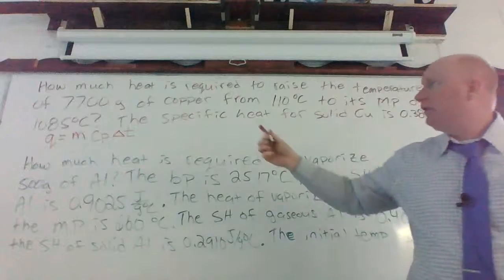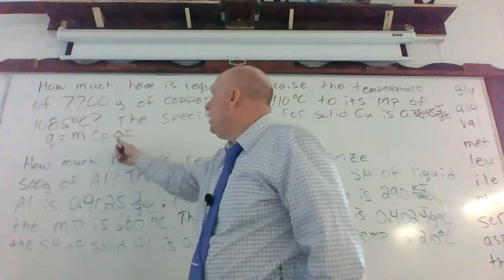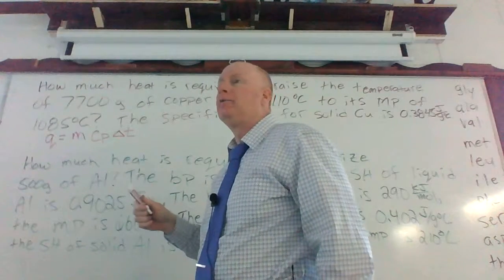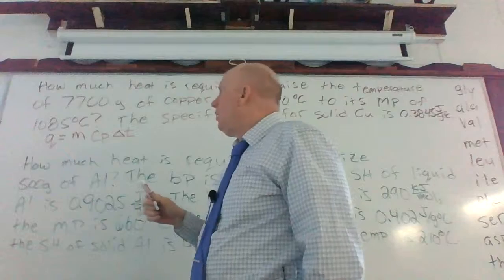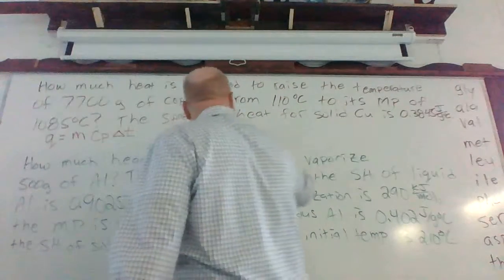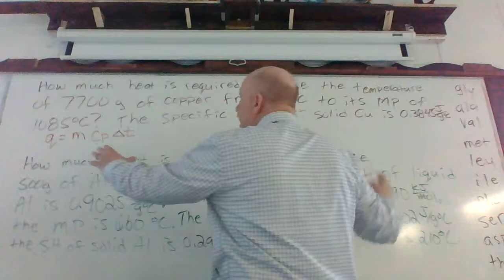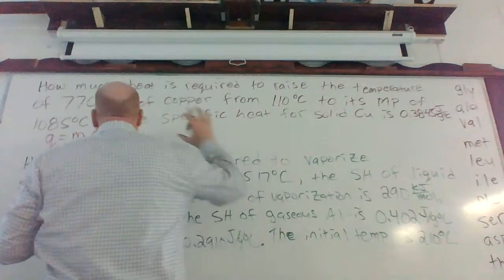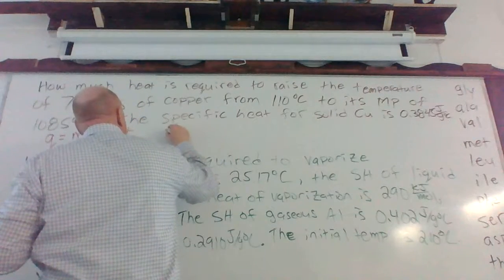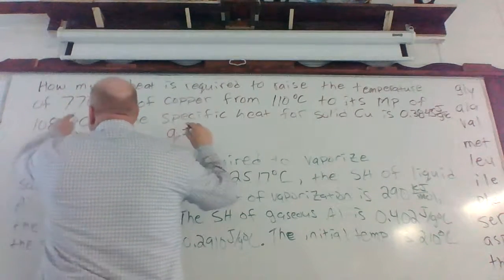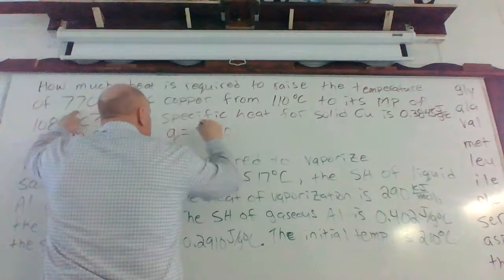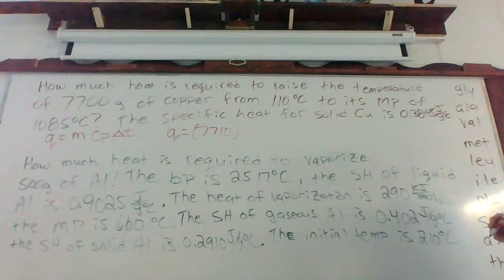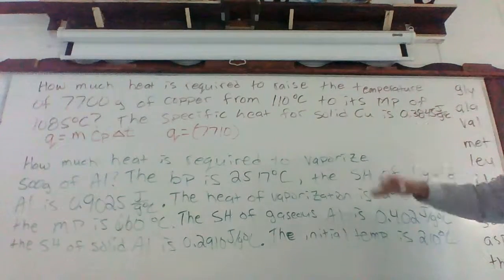Right, because that's what this is referring to. So how do we account for that temperature change? You said it's what minus what? Okay, so which one of these is the final temperature? So we're going to subtract what from 1085? Okay, so what we can determine here is Q equals our mass, which is 7710, times what? Usually we have a setup here, but we're kind of